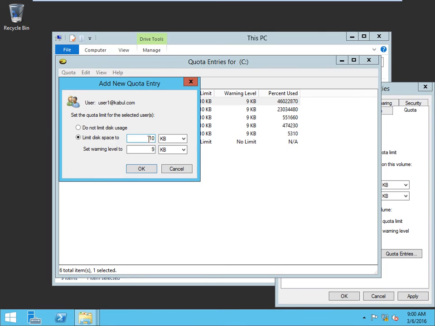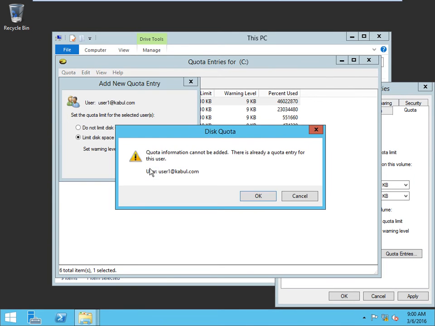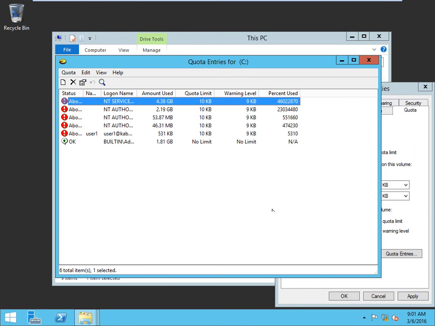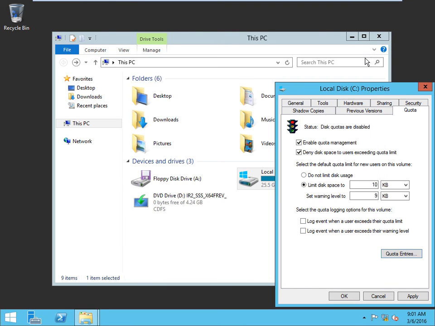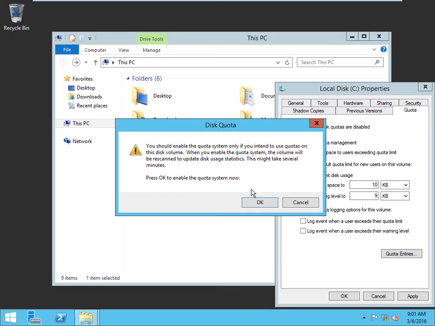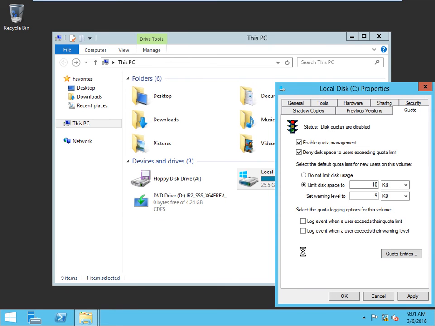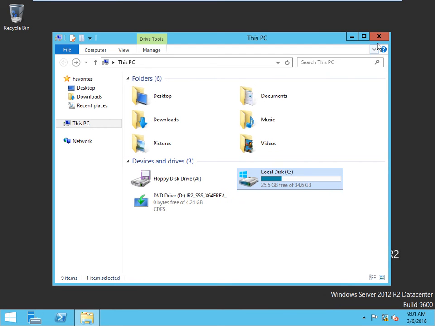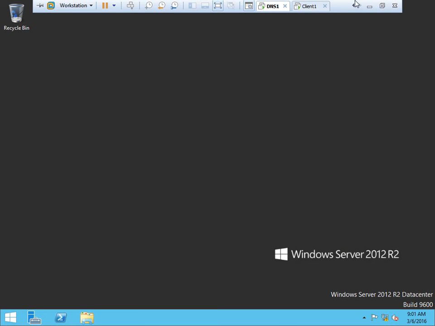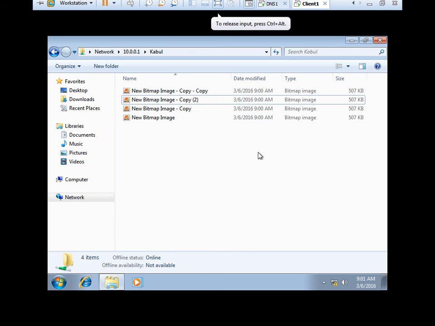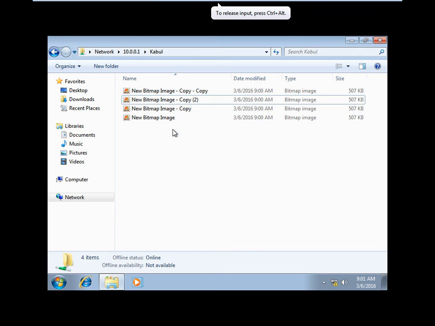Okay, space 10 and 9 KB. Okay, close. Okay, and close. See guys, remove this one.